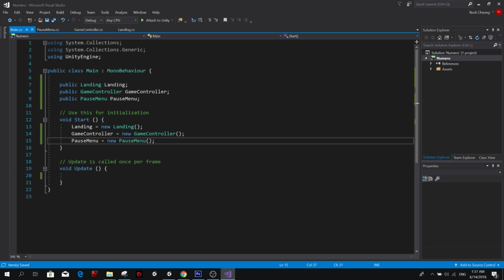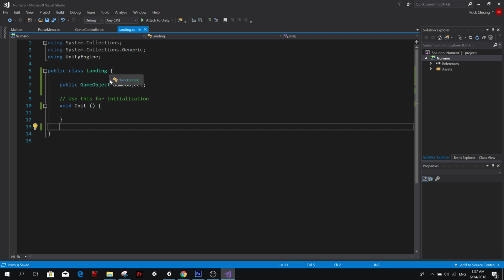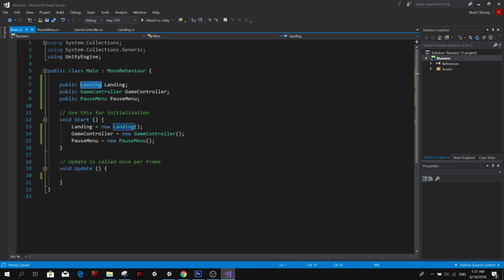Basically, we made a main class which is only going to be our only mono behavior. So our other classes like the pause menu, the game controller, and landing class, they're just going to be classes. And we're going to have a reference for each of them in our main class. That's the thing we're going to try, which is not how people usually code with Unity, but it's still a legit way of coding, and I think it's not bad to try it.